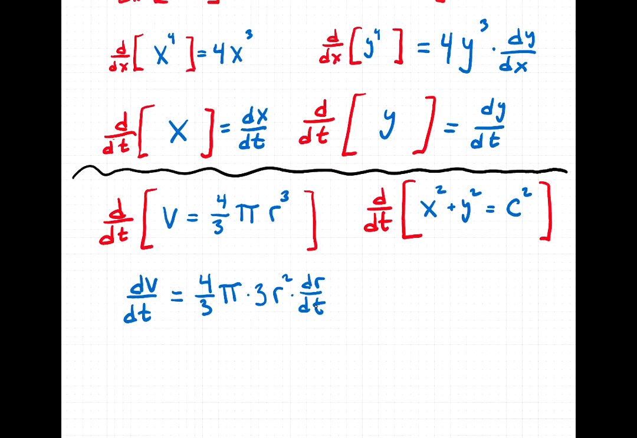Pythagorean theorem, the derivative of x squared would be 2x times dx over dt. The derivative of y squared would be 2y times dy over dt. And let's say c is a constant in this case. Derivative of constant is 0. So this is what we're going to take and apply at the next level when we're looking at word problems